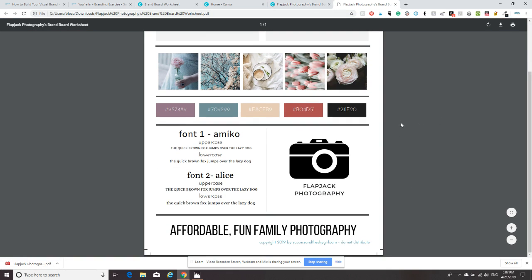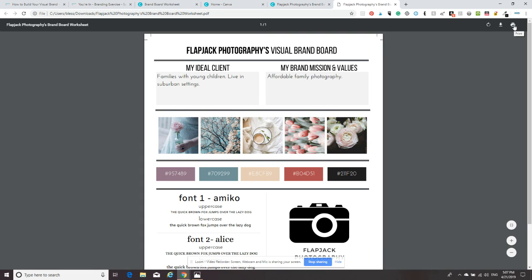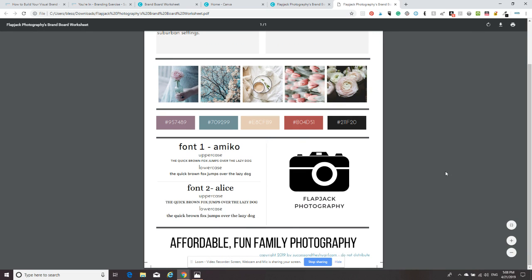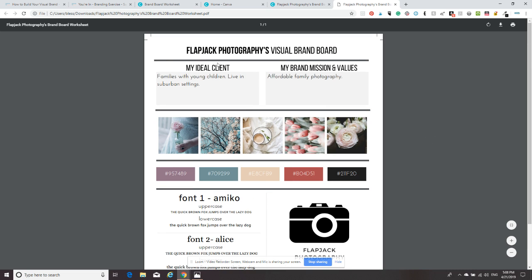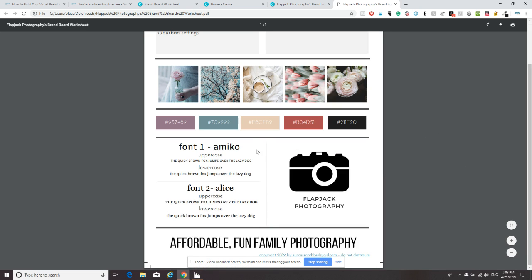There we go. So now you can click print here. Keep this at the front of your binder or wherever you're working. Throw it up on your bulletin board. Keep it right in front of you as you are creating visual assets for your business. It's just a quick reminder: this is what my color scheme is supposed to look like. All of my fonts should fall in line with these two fonts. Here is my logo if I need it. And here is my